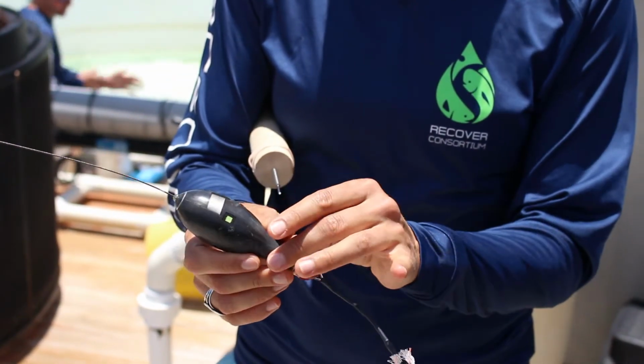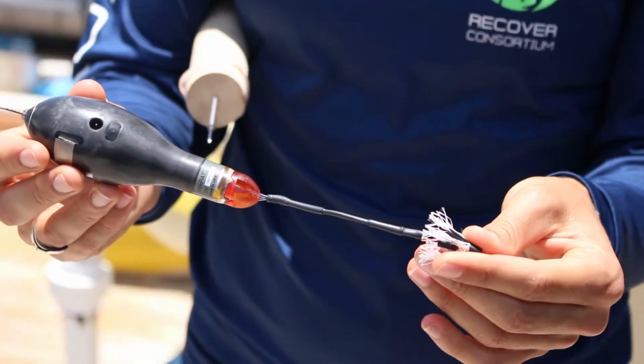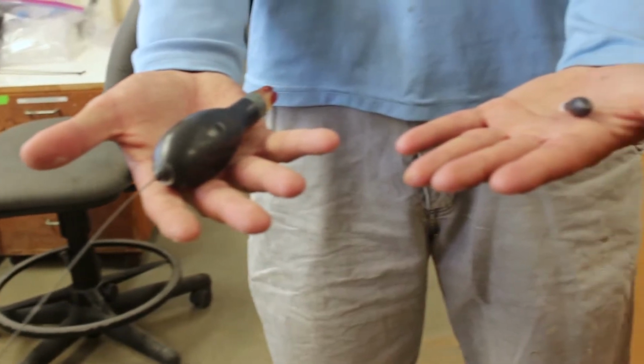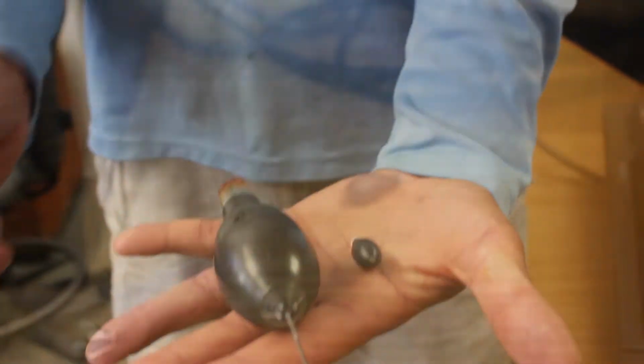These tags will give us very important information on how the mahi-mahi are utilizing their habitat, as well as where they travel after leaving the Gulf of Mexico. We're tagging small fish with an identical tag scaled to a smaller size that simply doesn't collect any of those movements. And with that, we're trying to figure out what the cost associated with actually carrying the tag is for